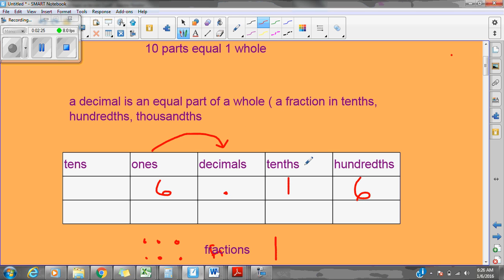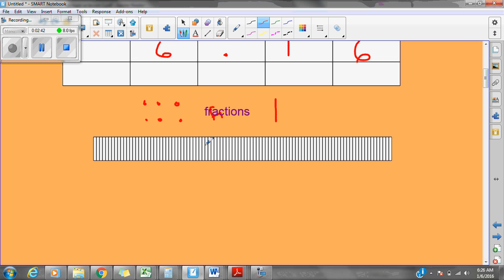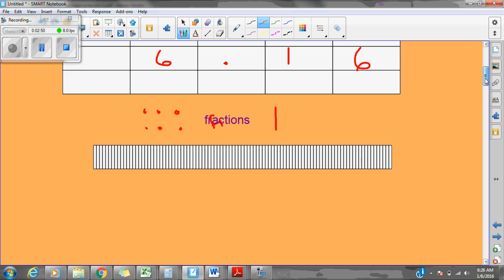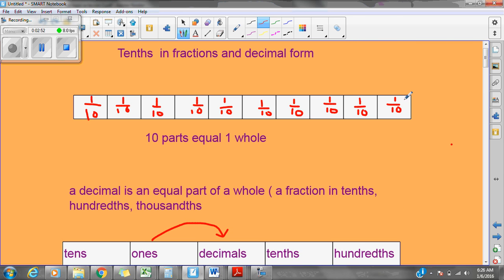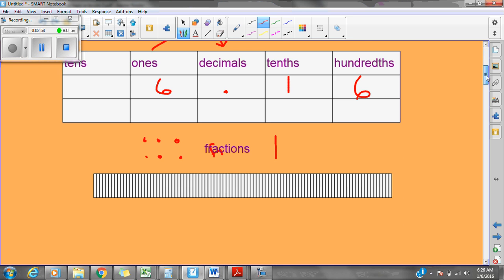So when I look over here and I see tenths, I see that my whole is going to be divided into 10 equal parts. Hundredths means one thing is divided into 100 equal parts. And so what does that look like, Miss Thomas? It looks like this fraction strip down here. This is divided into 100 equal parts. So now you can see why 1/100th is smaller than 1/10, because you have to cut the same thing into